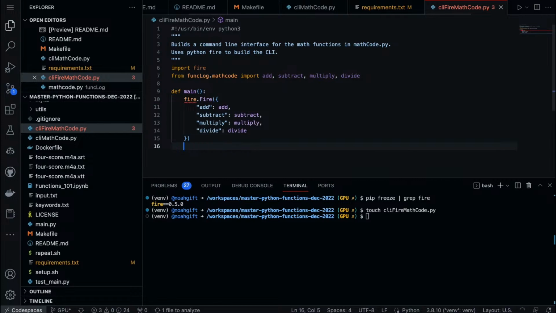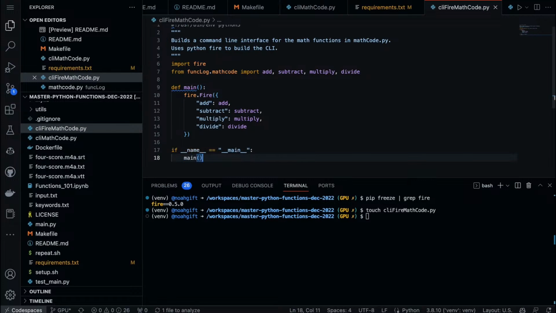And look at this. This is not a lot of code here to build out a command line tool. And that's what's kind of cool about Python Fire, is that if you have the logic already created, it can just essentially ingest it with probably the lowest amount of code possible. And so how would we, I believe this is correct. We have this fire.fire main.